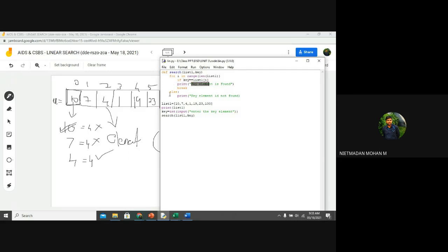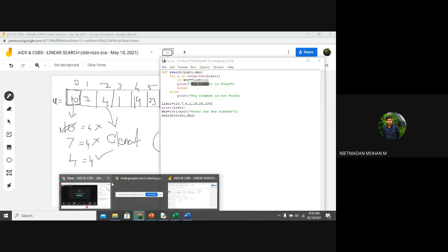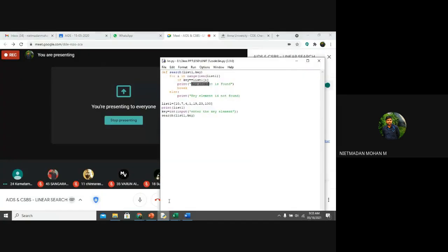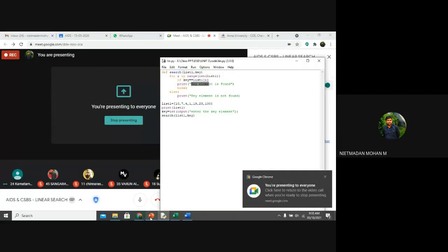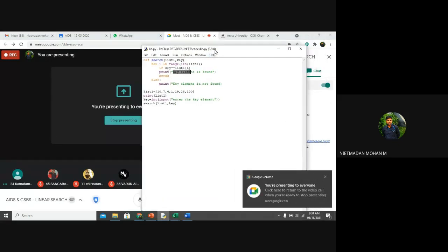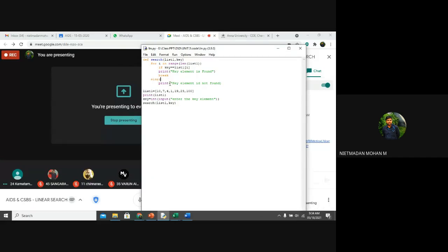So why have I used this else for this for loop? You can see where I have used this else statement. For the for loop, I have used the else statement. Why have I not used it for the if statement?